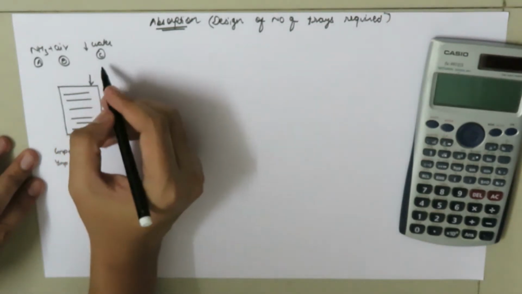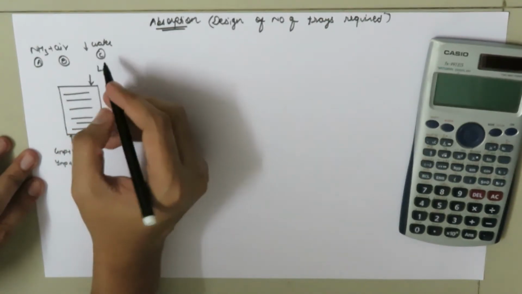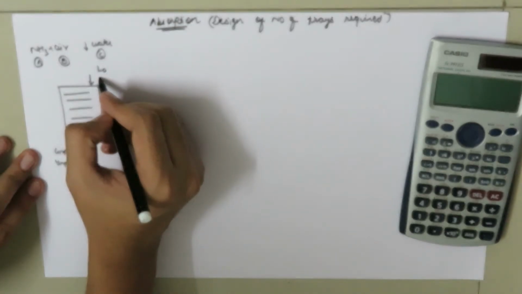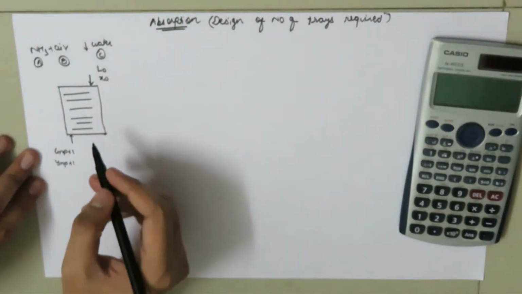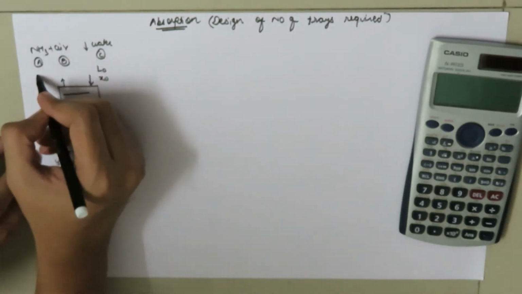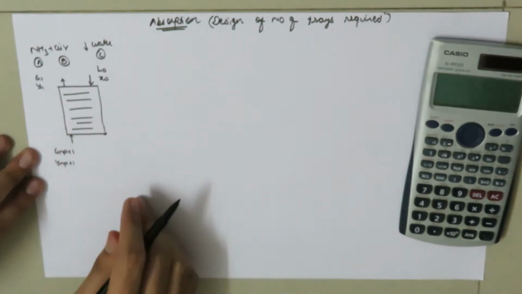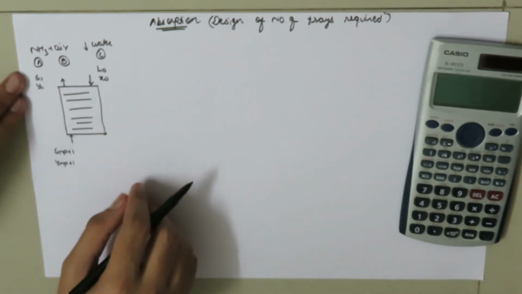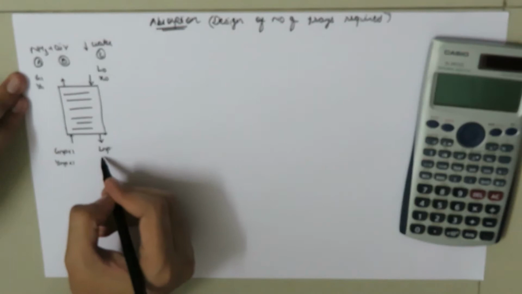This is our water, which we denote by L0, and X0 is the mole fraction of ammonia in this water stream. The leaving gas we call G1, and Y1 is the mole fraction of ammonia at its outlet. Here we have L_{N_P}, and the mole fraction of ammonia in that stream is given by